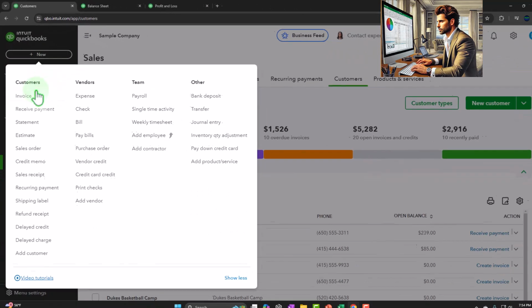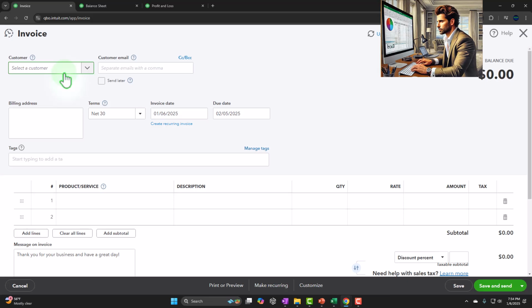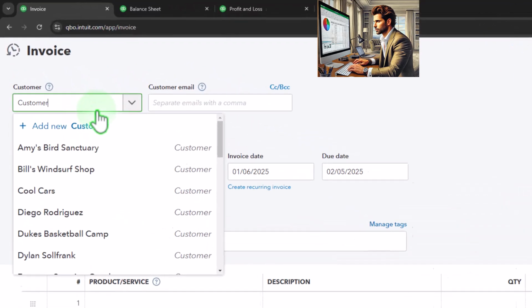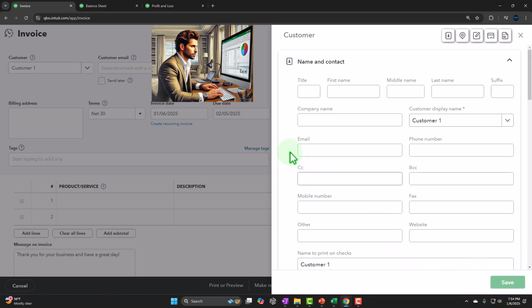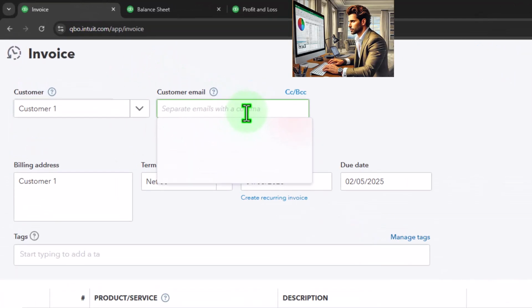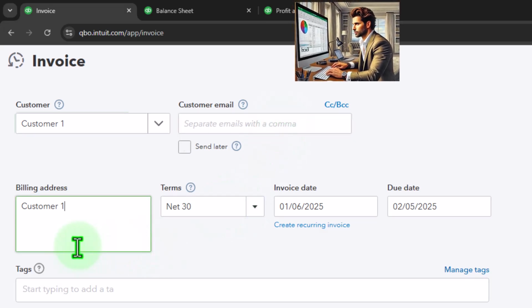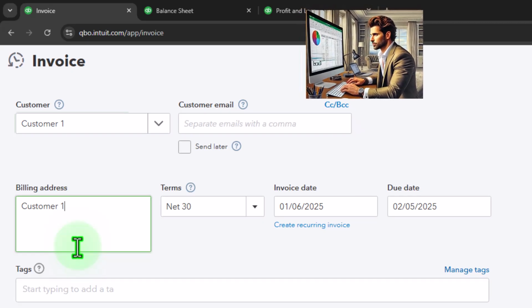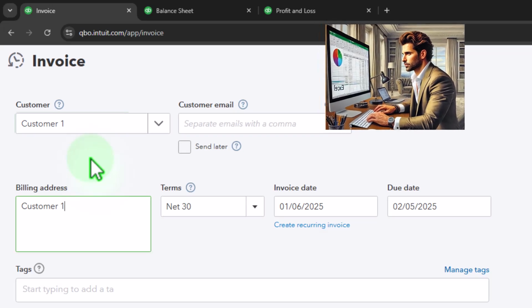So let's go and enter a more simple invoice and one that doesn't have inventory, and then we'll deal with inventory. So let's say this is going to be customer one, just generic customer one. We're going to say, okay, now I'd enter an email if I'm going to email it to them, but I'm just going to have generic customer. I'd have to enter their billing address if I was going to send it to them, which means when I set up the customer, I would need more than just customer, but a lot of other information,